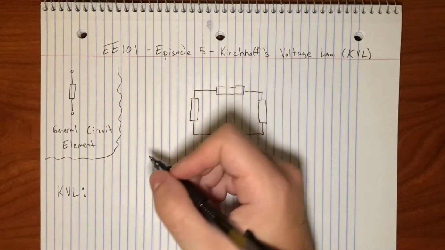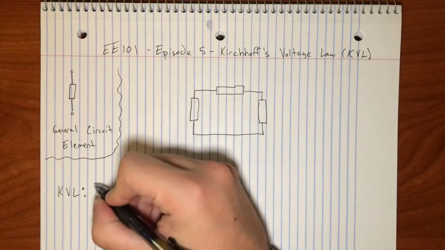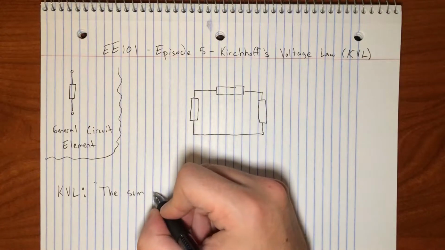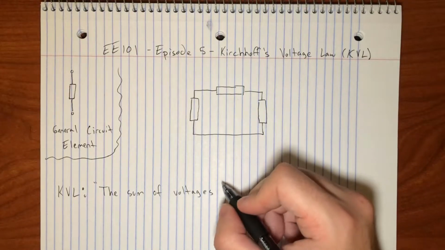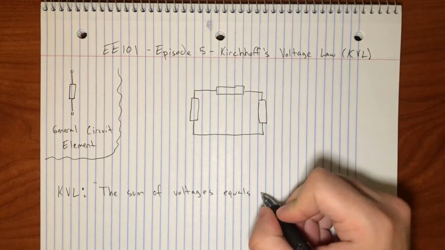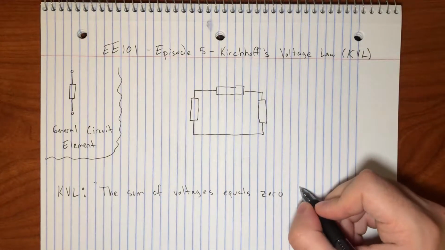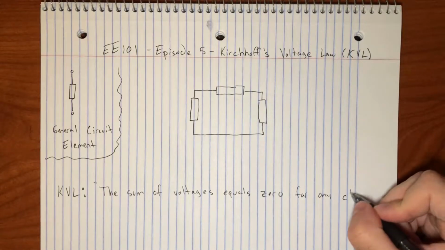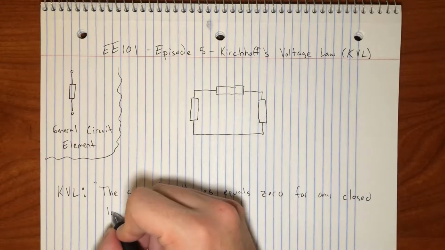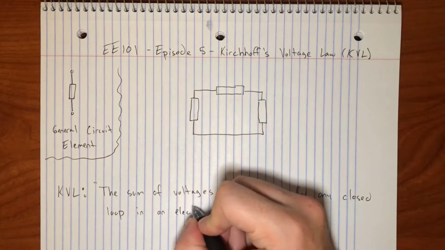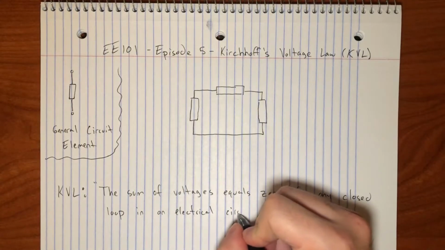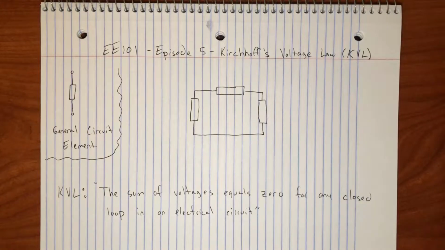KVL says the sum of voltages equals 0 for any closed loop in an electrical circuit. That might sound kind of strange, because if you recall what I talked about in previous videos,